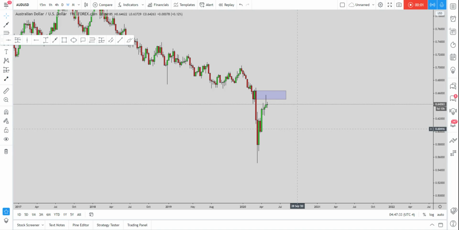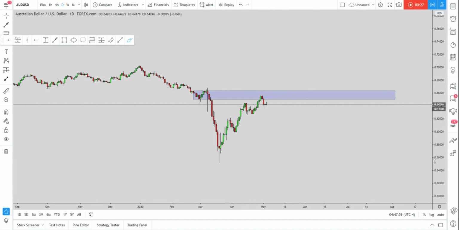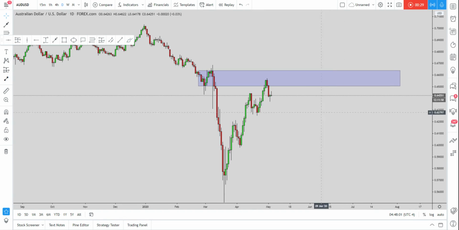Okay, so just a quick update on the situation that we have at the moment on AUD USD. Now, if you remember from the previous analysis, what did we speak about? We had a market that created this very strong supply zone at this level, and we wanted to see the market go for a retest of the supply, grab some liquidity and reject the zone to the downside. Now, from a daily perspective, what we also realized is that